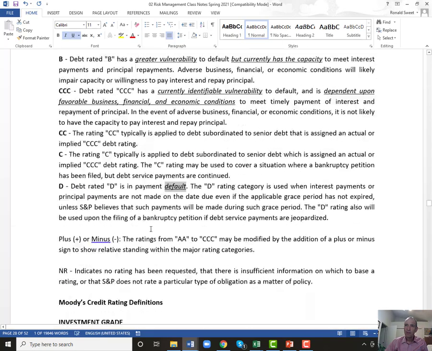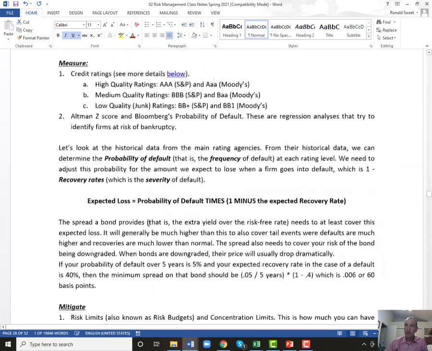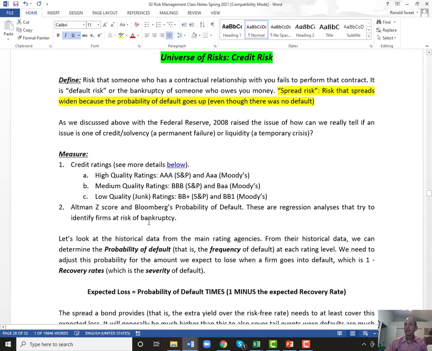One thing I'd recommend, especially if you're going to interview with a firm that has anything to do with credit risk, is Moody's especially, but S&P will as well. They have their annual default studies, and you can get them off the internet. And I would recommend you go and look at those default studies. They're quite powerful. I'm going to show you the results of those studies, but it's kind of an old chart. I don't have something more recent, just because I can't find this particular way they summarize it.